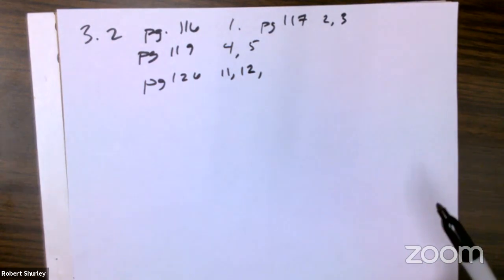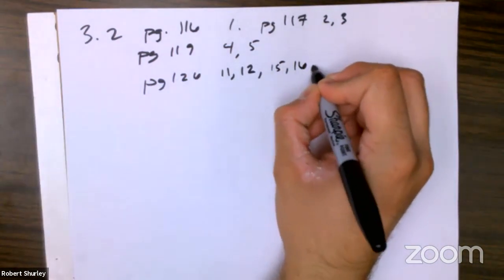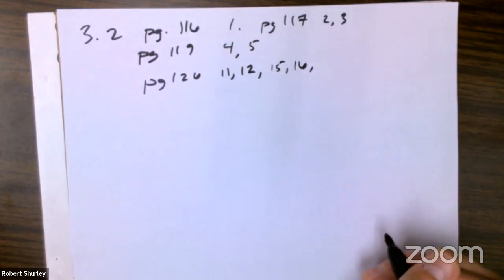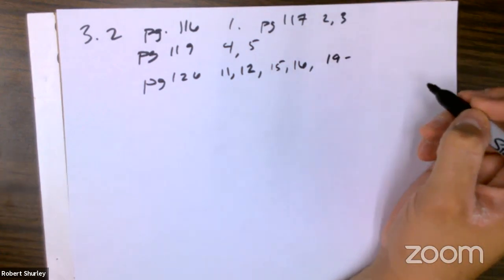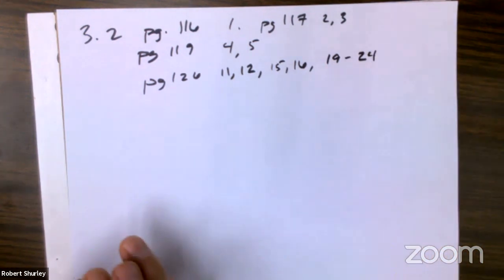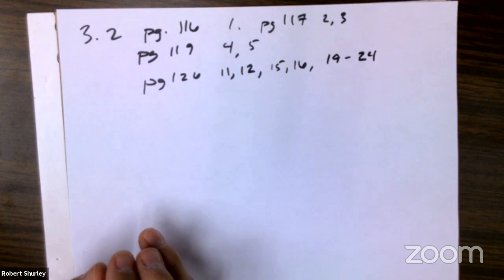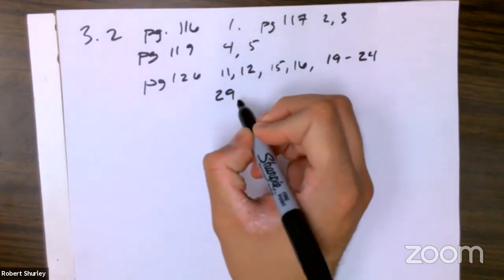So 11 and 12, 15, 16, find the sample variance, 19 through 24, 29